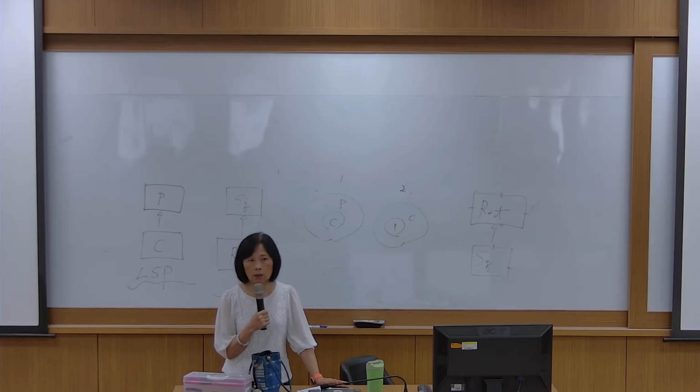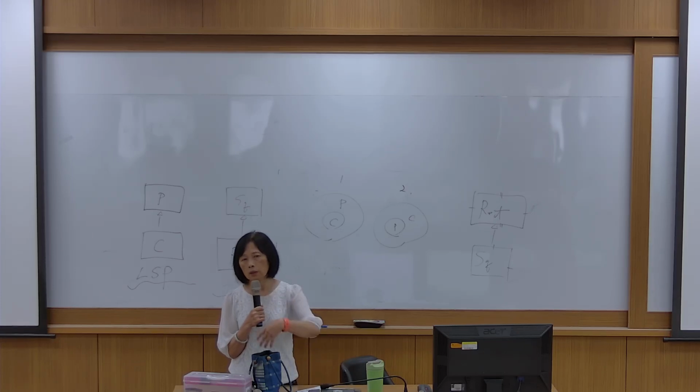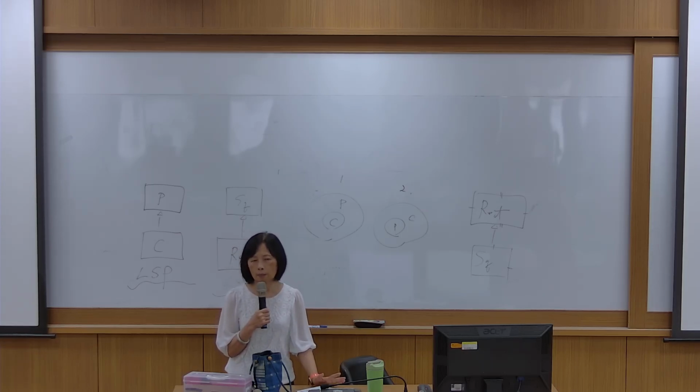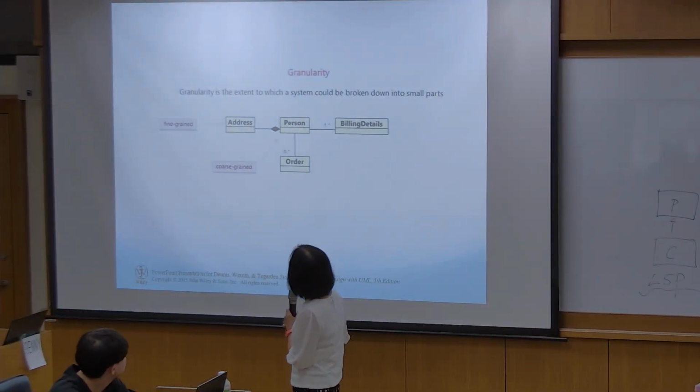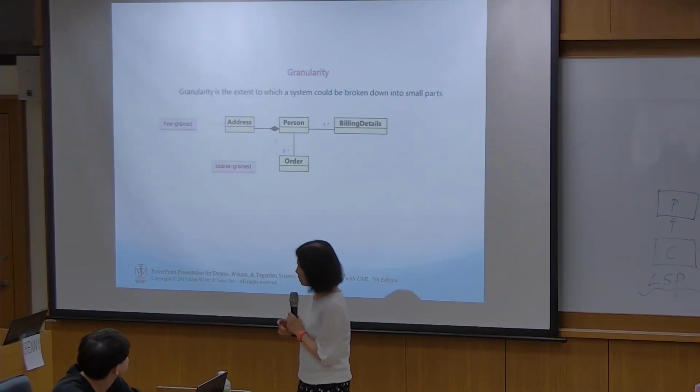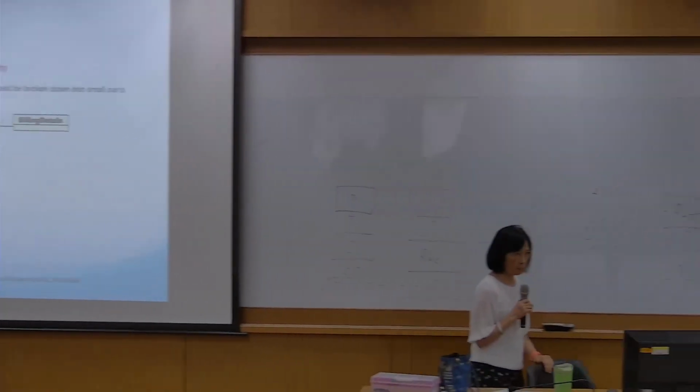What does it mean here, that object has higher granularity? A different class, a different table. So we talk about similar things, right? We talk about similar things. Yes, Harry?